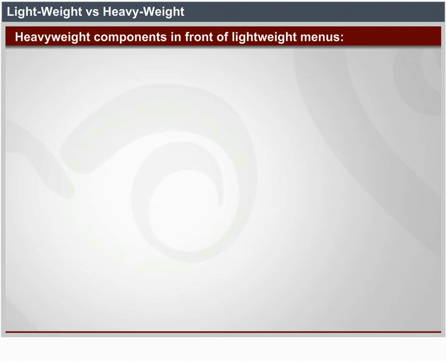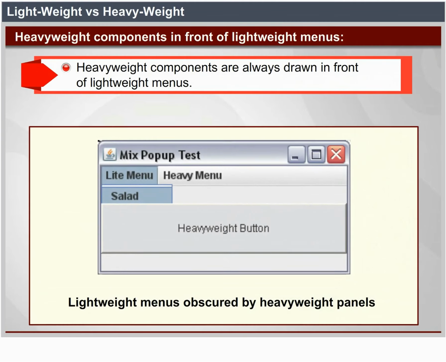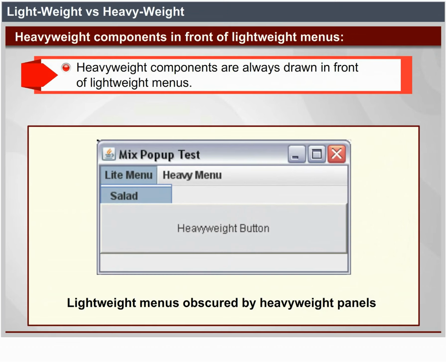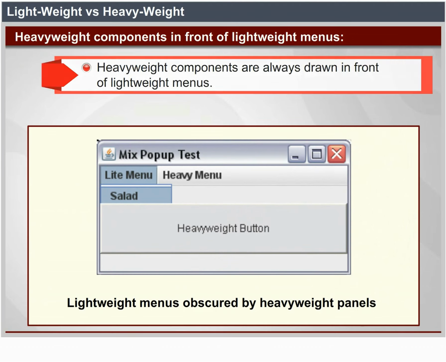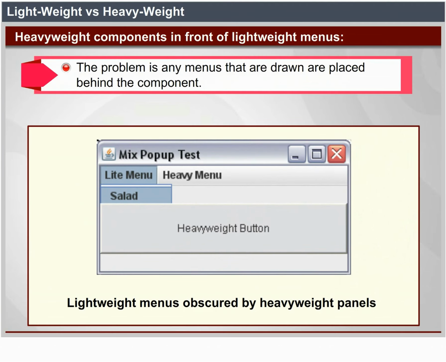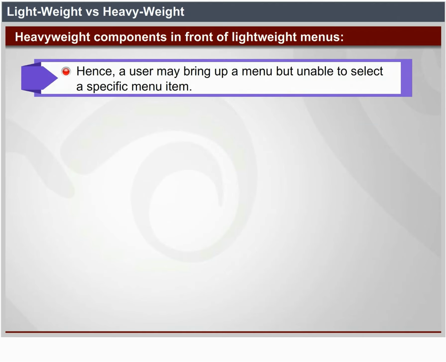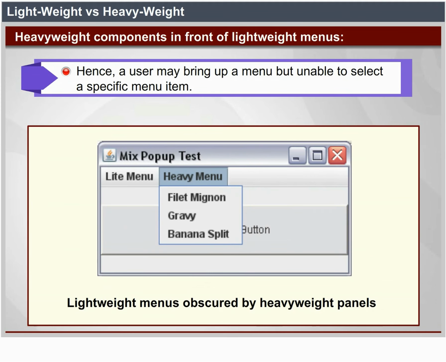Heavyweight components in front of lightweight menus. Heavyweight components are always drawn in front of lightweight menus. The problem is any menus that are drawn or placed behind the component. Hence, a user may bring up a menu but be unable to select a specific menu item.